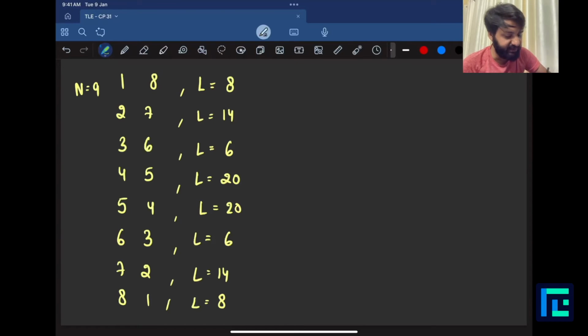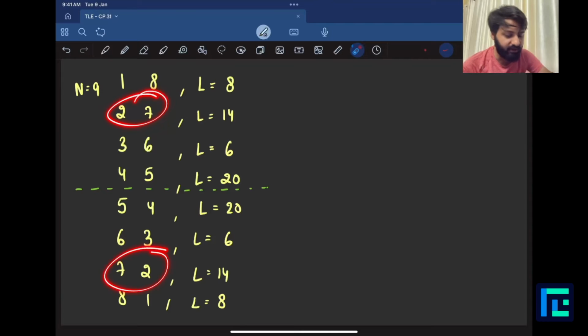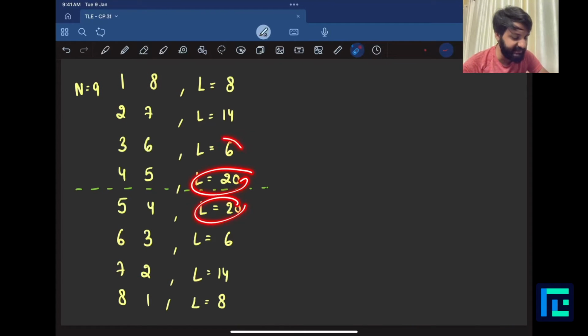See very carefully, there is a line of symmetry, which makes sense. This line of symmetry is because after a point of time, you are basically reversing A and B. See, A and B right now are 4, 5. Then it becomes 5, 4. It has 3, 6 over here. This becomes 6, 3. Then 2, 7. This is 7, 2. 1, 8. This is 8, 1. And similarly, the LCMs 20, 20, 6, 6, 14, 14, 8, 8 also get repeated